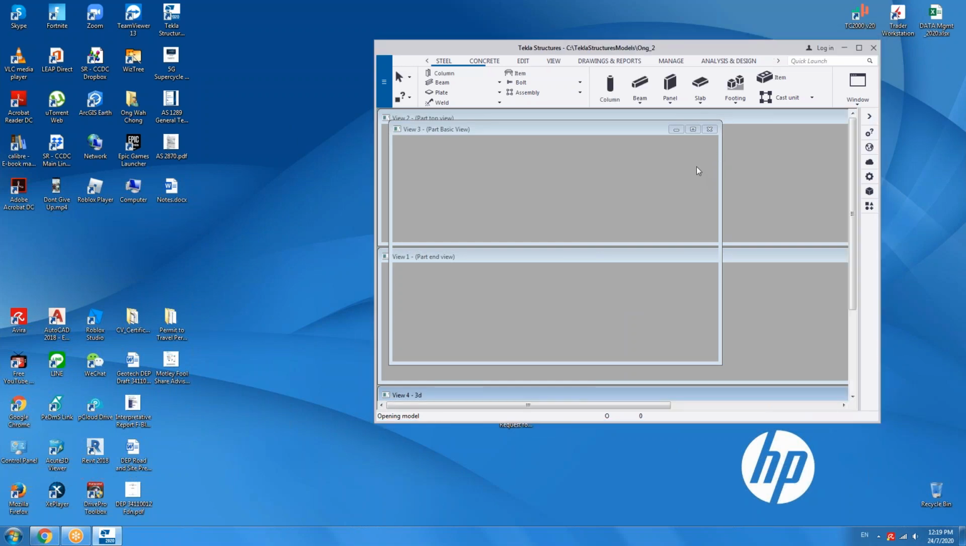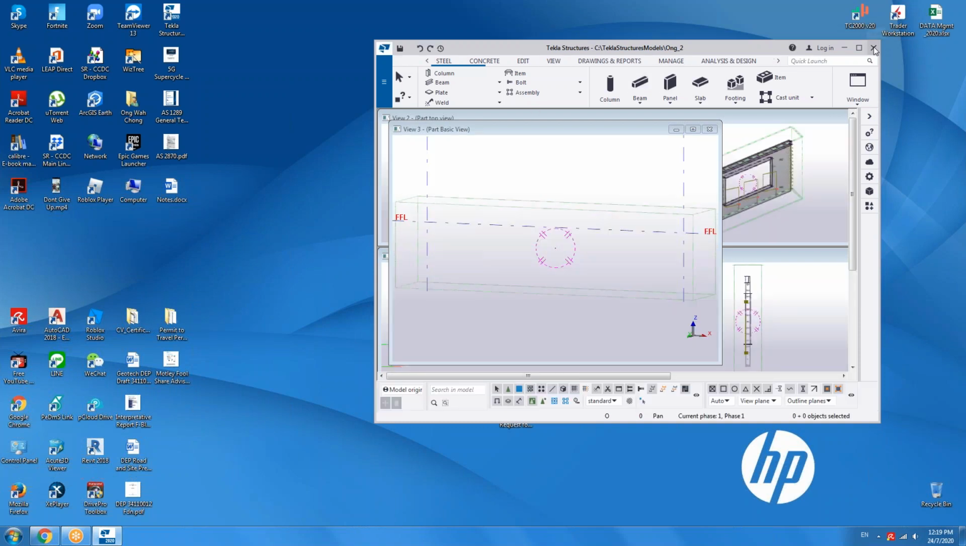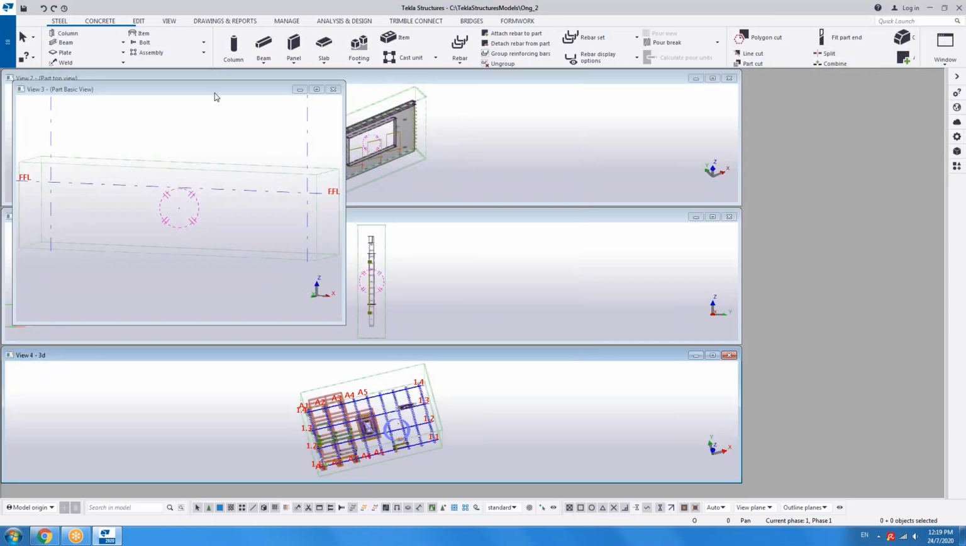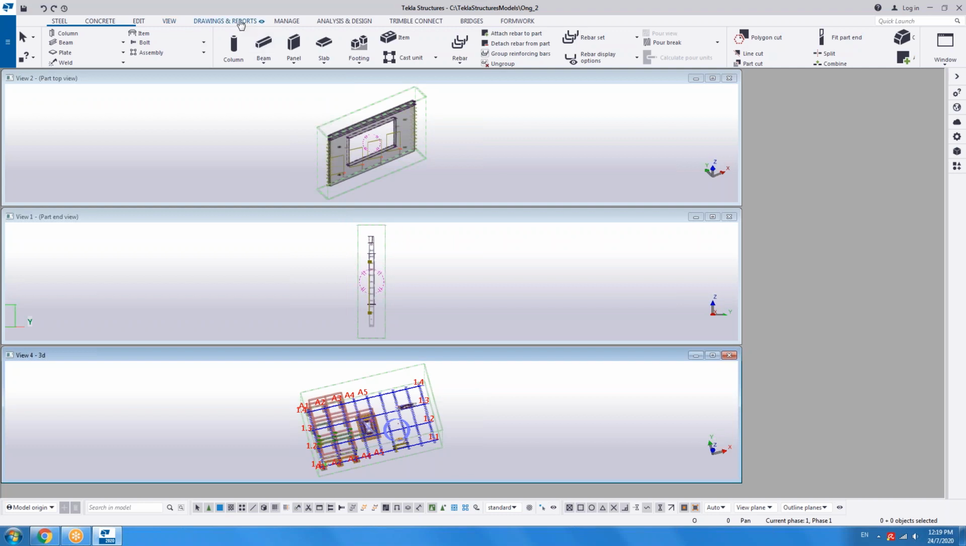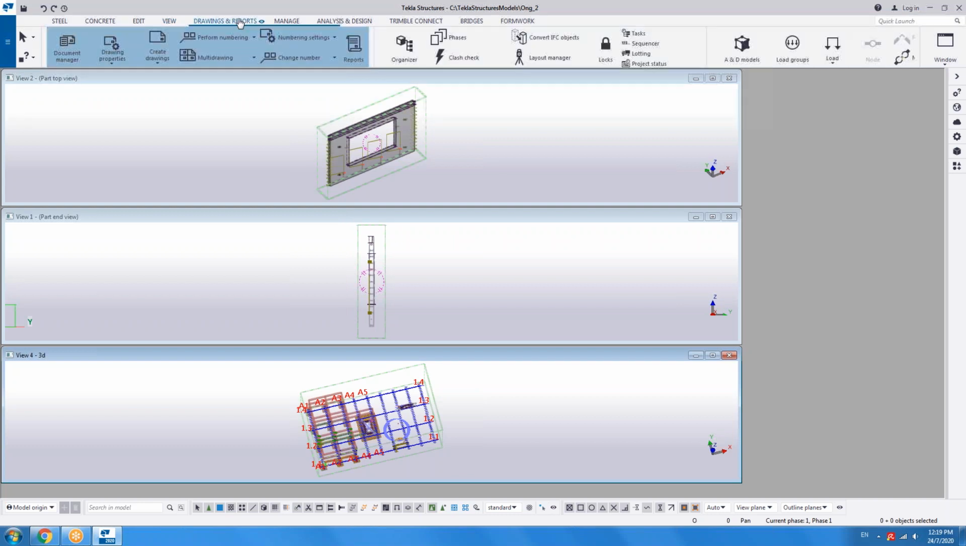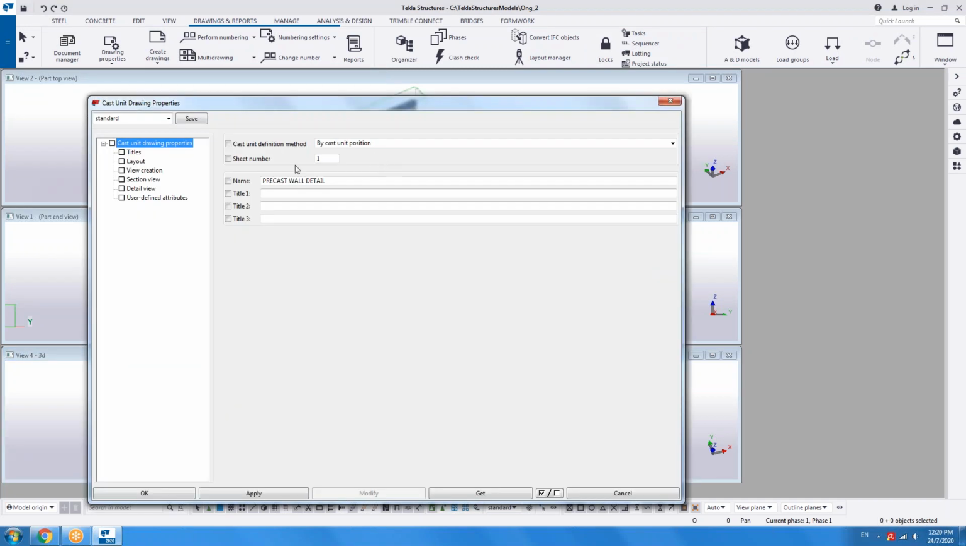I hope the others have the A2. So only Howard doesn't have that A2. But for the others, in case you don't have the A2, you may follow what we have done. Under the drawing properties again, cast unit drawing, and then